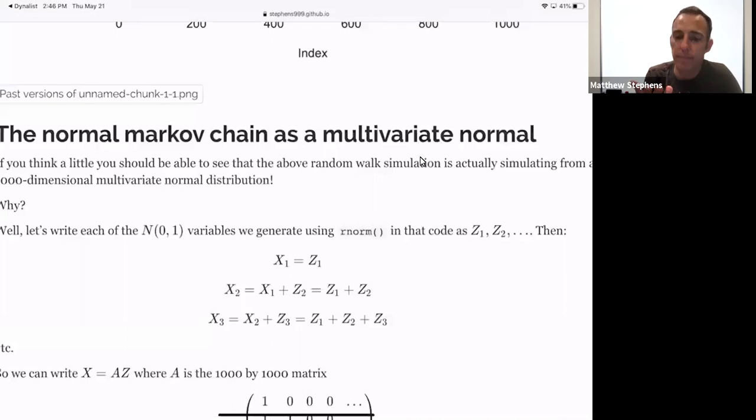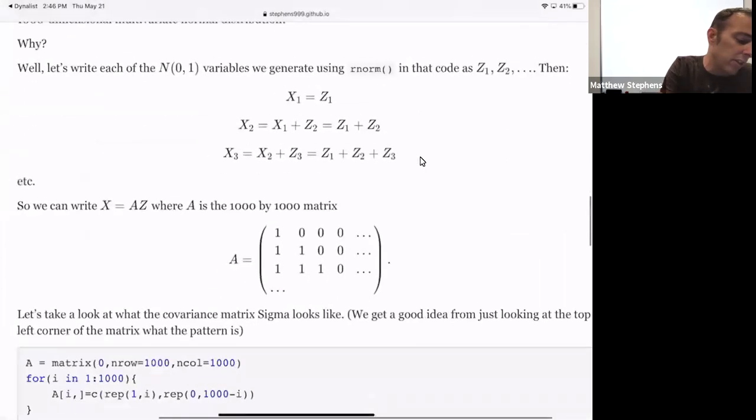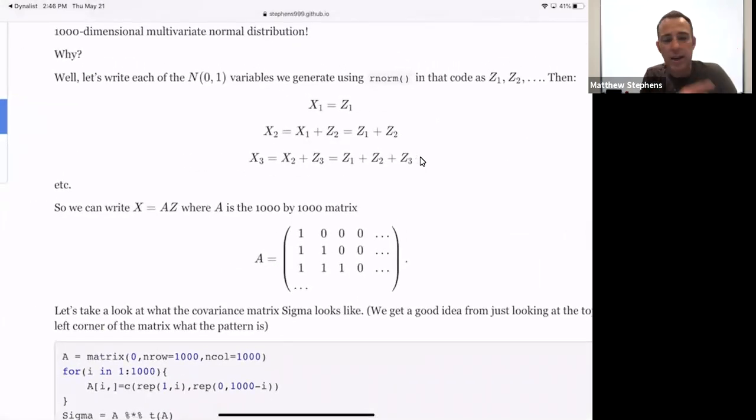So x_1 was z_1, and then x_2 was x_1 plus z_2, which of course is z_1 plus z_2. And x_3 was x_2 plus z_3, because z_3 is the change from 2 to 3. So that's just the sum of the z's. And so you can see that x_t is just the sum of all the z's up to time t. So we can write that in matrix notation like this, where A is this matrix. The first row just picks out z_1, the next one is the sum of the first two z's, etc. So we can write x equals Az,